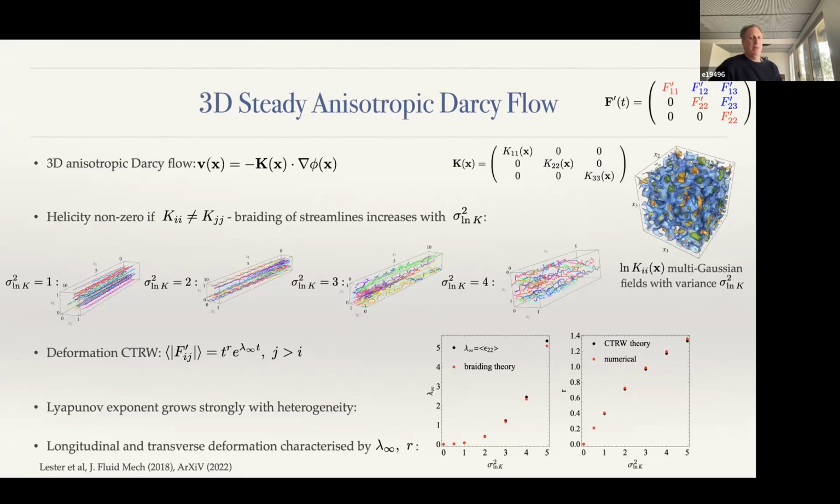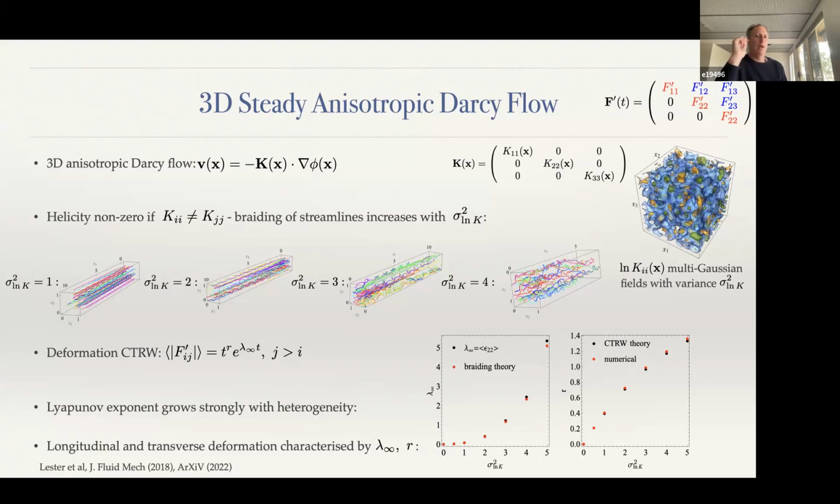This picture changes completely when we consider anisotropic Darcy flow. For isotropic Darcy flow, the conductivity or the permeability of the system is a scalar. For anisotropic flows, this is now tensorial. We can consider the simplest tensorial model given here. So we have 3 elements on the diagonal, K11, K22, K33. And we can show very simply that this system is non-zero so long as one of the components is different